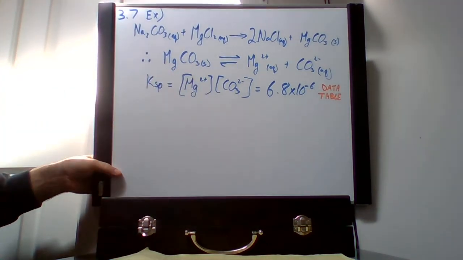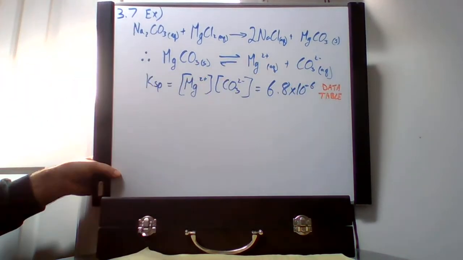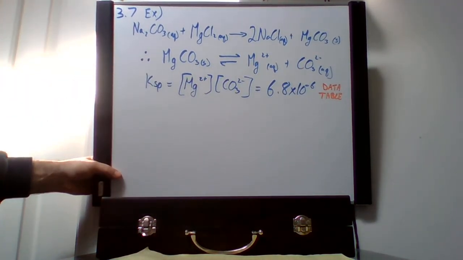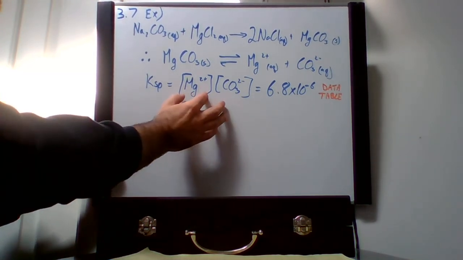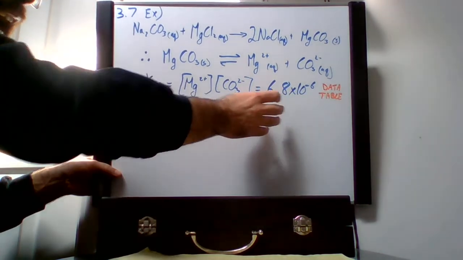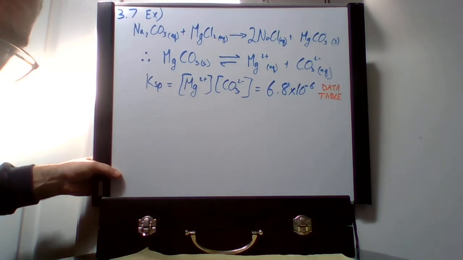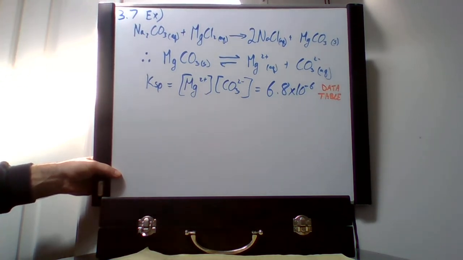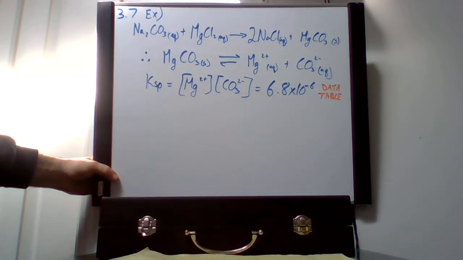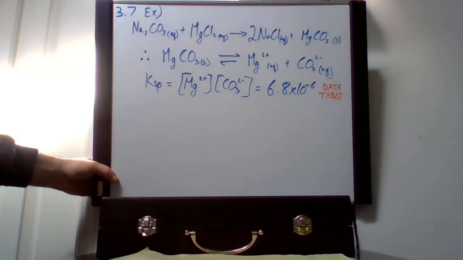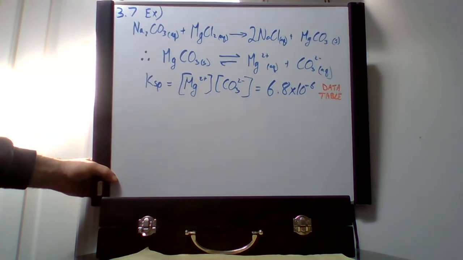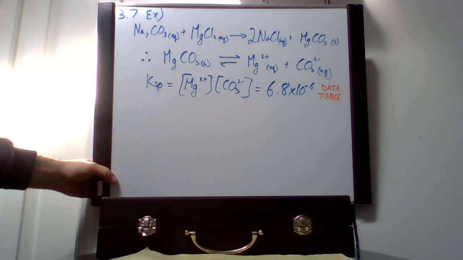We can say that we've got the magnesium carbonate solid in equilibrium with the magnesium and carbonate ions. We can also look at the KSP here as that magnesium concentration times the carbonate concentration. And from the data table at the back of the book, we get 6.8 times 10 to the negative 6 as our KSP value. We then want to use this KSP value, which would be what we need to get a saturated solution. And we're going to compare that with the given concentrations of those ions from the sodium carbonate